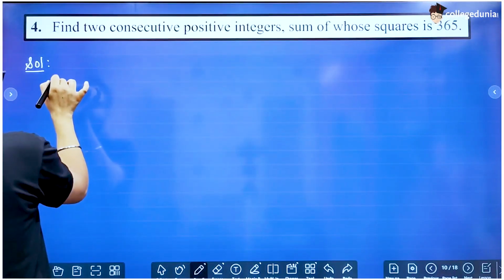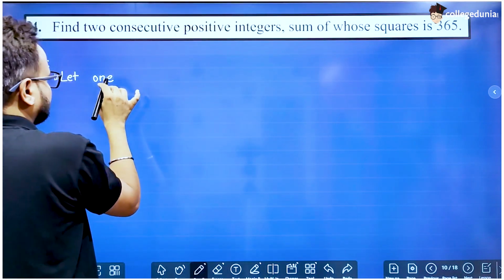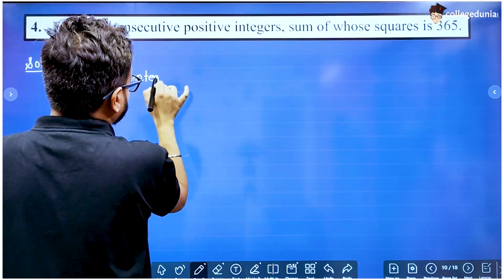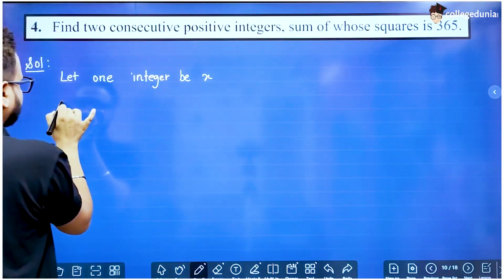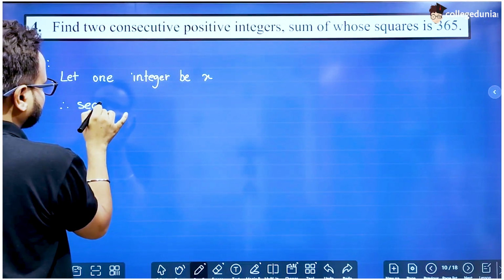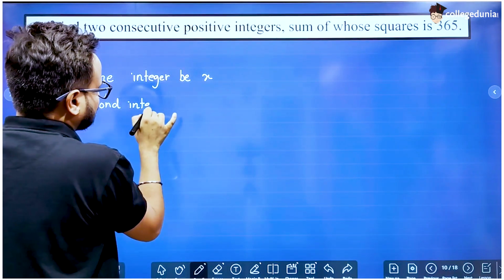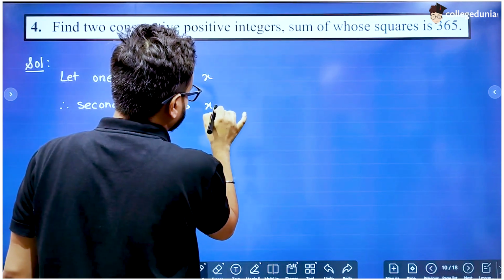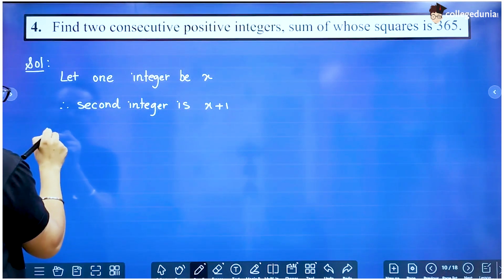So let one integer be x, the second integer is x plus 1, and according to the question